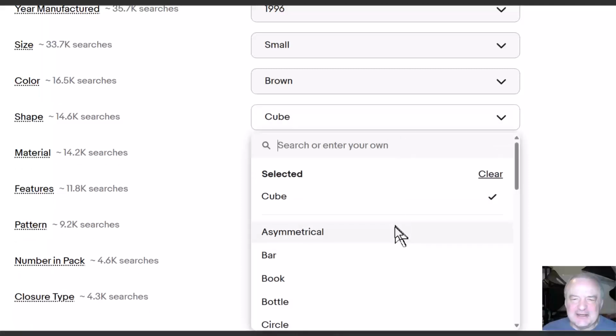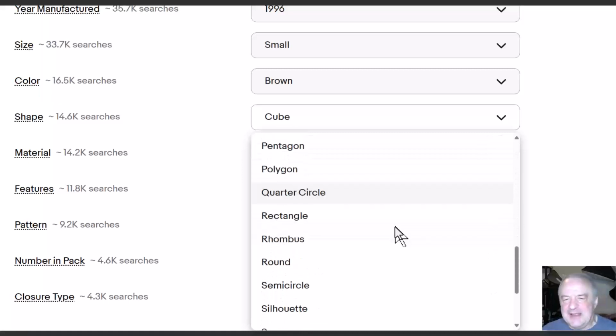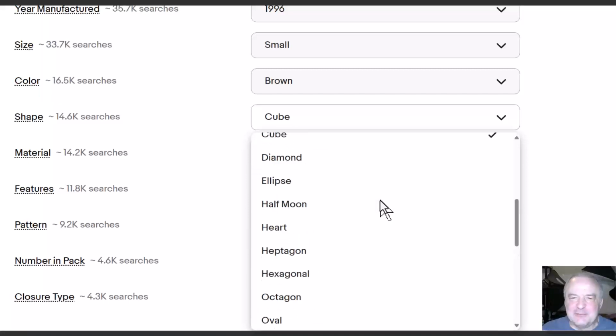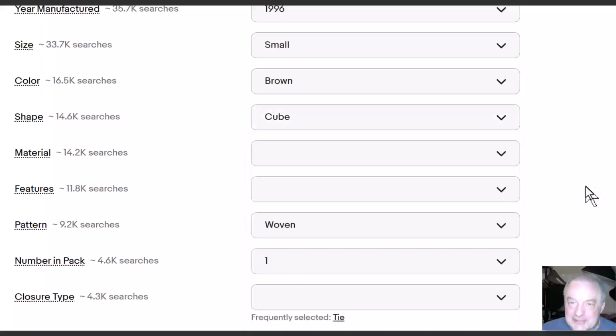It's really not a cube. I really shouldn't put cube. I'm pretty picky about this stuff. I can say, is it a rhombus? I don't know what a rhombus is. I could Google all this. I'm just going to put square. But if I were selling this right now to list, I would probably look up rhombus just to see if